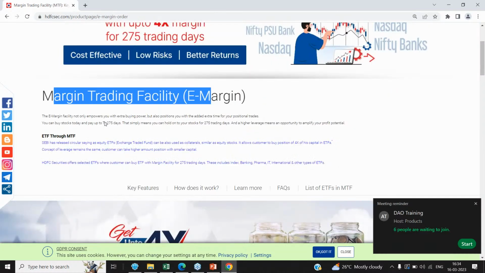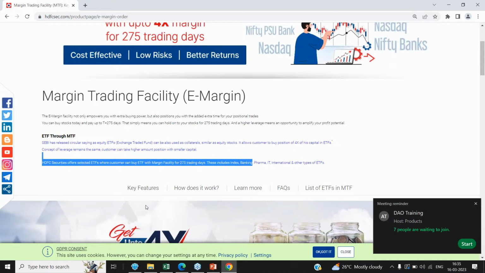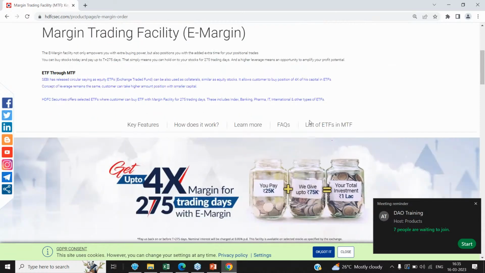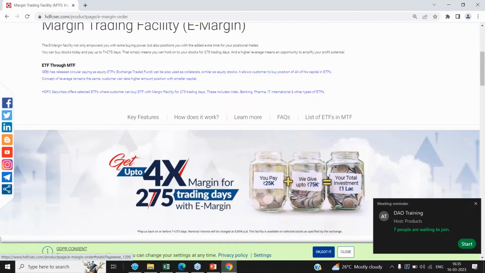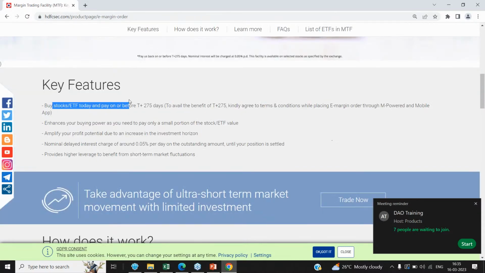When I talk about eMargin, these are the features of eMargin which we have mentioned on the website. This is the list of benefits of eMargin. Buy stocks today and pay on or before 275 days. Enhances the buying power as you pay only a small portion of stock value. Amplify the stock profit potential due to an increase in investment horizon. A nominal interest of 0.05 per day is charged until the position is settled, and it provides high leverage to